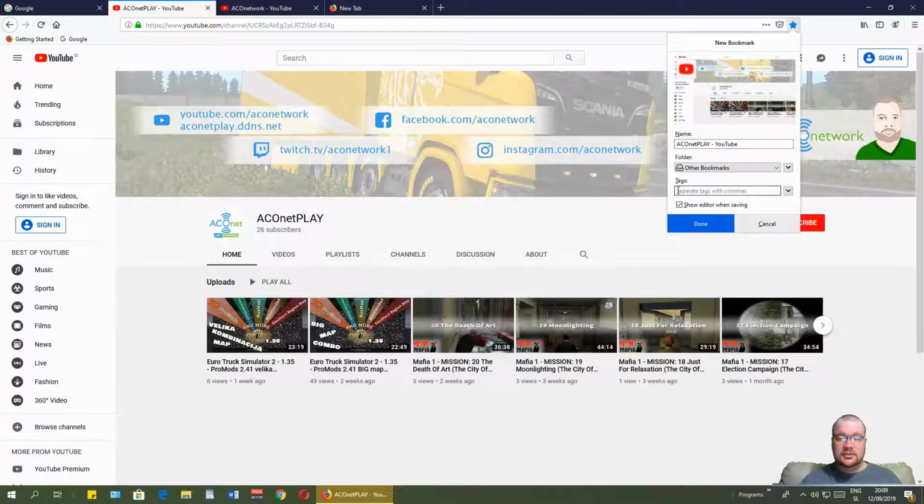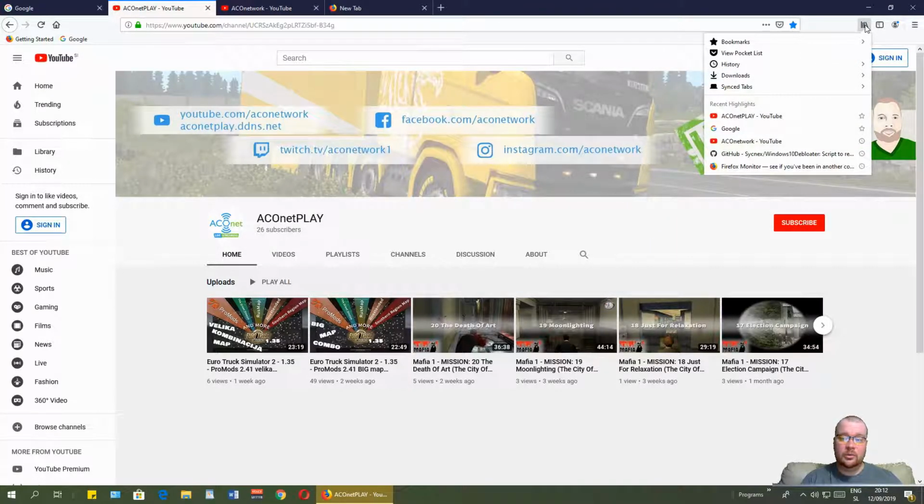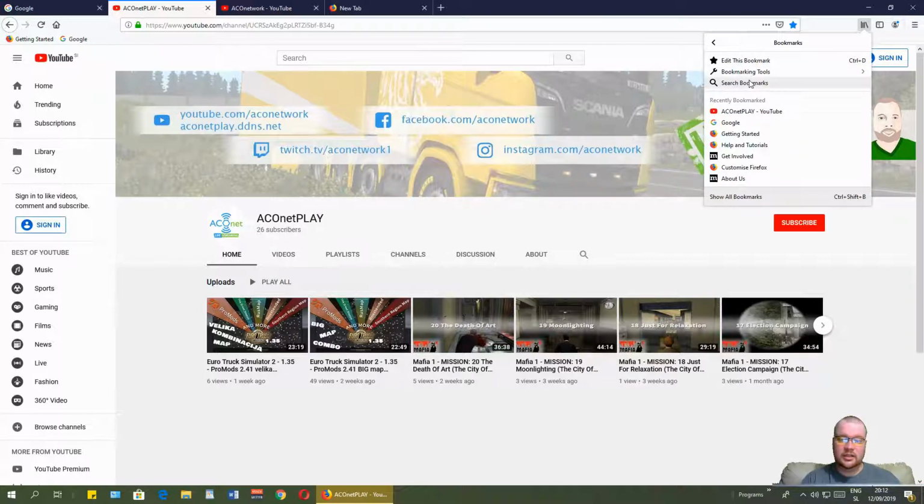And as you see here, separate tags with comma, and that's it. So I will just click done. So if we go back over here, click on this icon, go to bookmarks and click bookmarking tools, we have